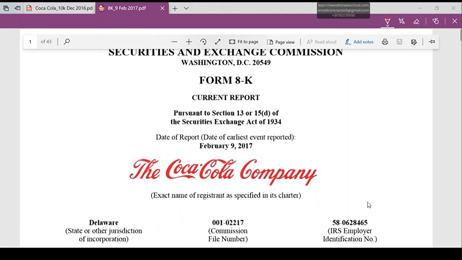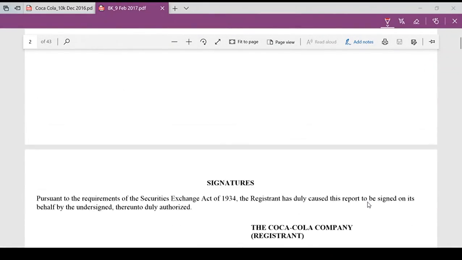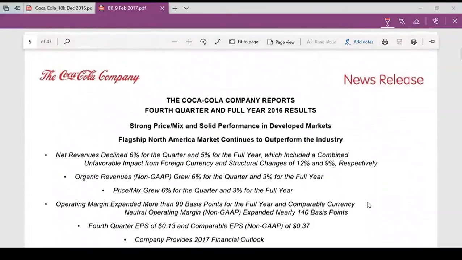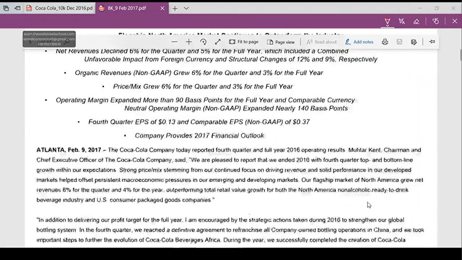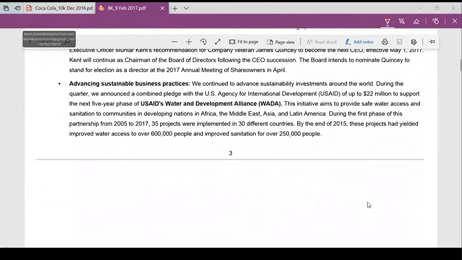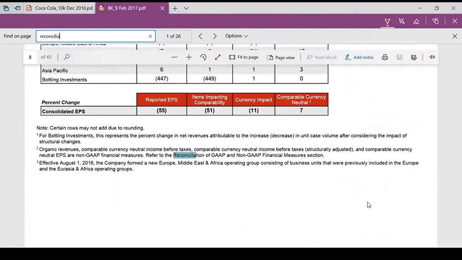This is the earnings release of the company related to its annual financials. If you scroll down this 8K, you can see this is where the Coca-Cola Company reports its fourth quarter and full year results. If you scroll down, what we have to find in this 8K is the reconciliation between GAAP and non-GAAP numbers. So we can search it with the keyword reconciliation,